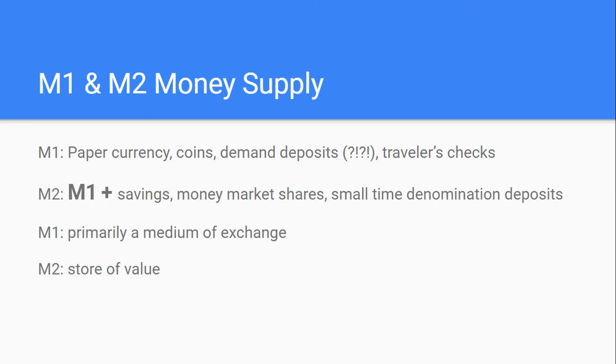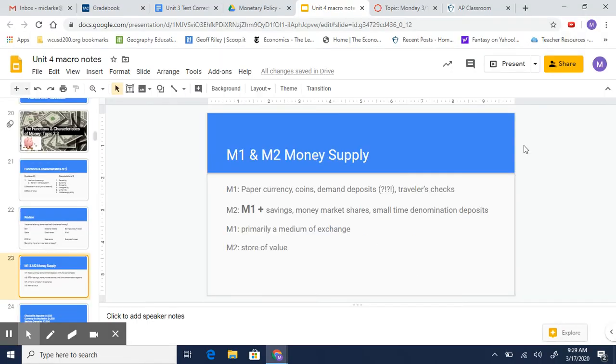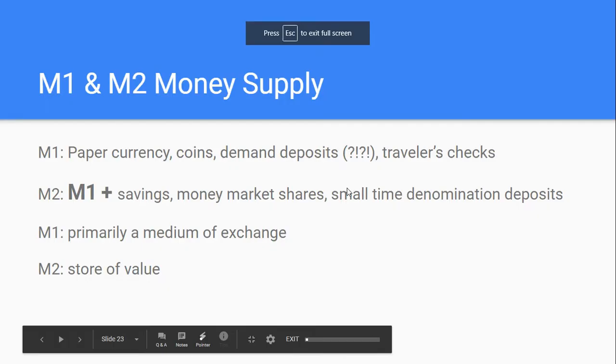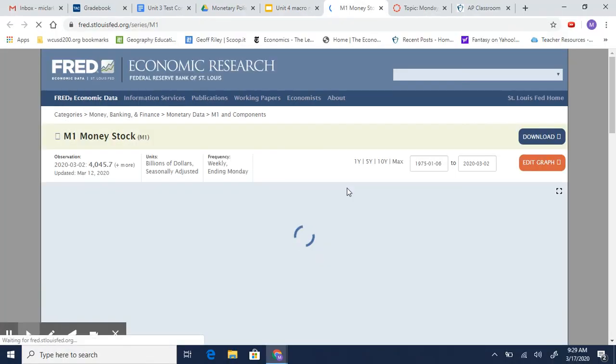This has to do with what's known as the M1 and M2 money supply. When the Federal Reserve, our nation's central bank, measures how much money is in the economy, and if you wanted to look that up, you want to look at what the M1 money supply is, how much money is in the